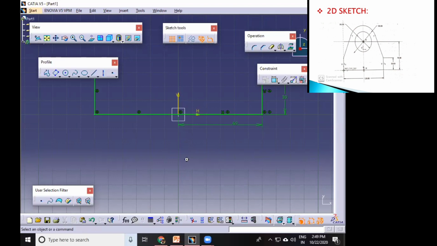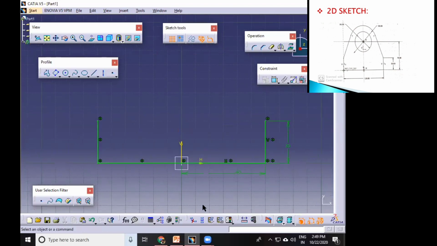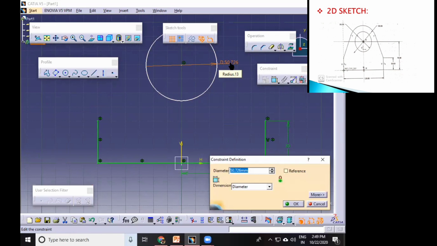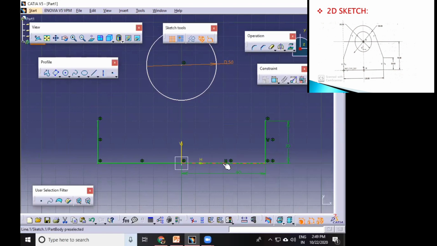Then next there is one circle at the center. Select circle and then draw a circle. This circle has a dimension of 50 diameter. Okay, then for the distance, give a constraint: select the center and this line.